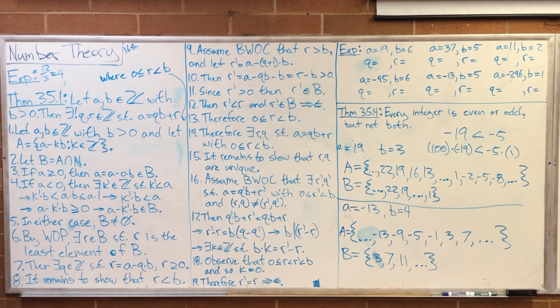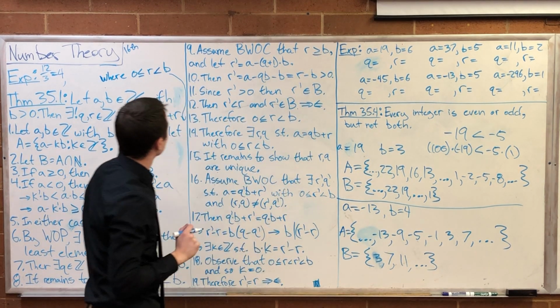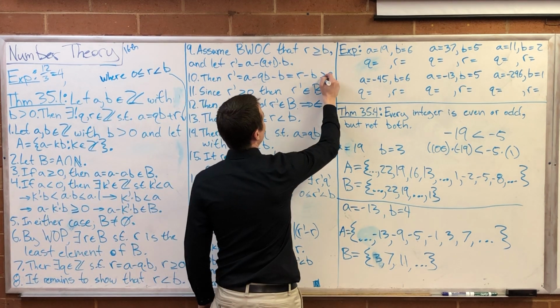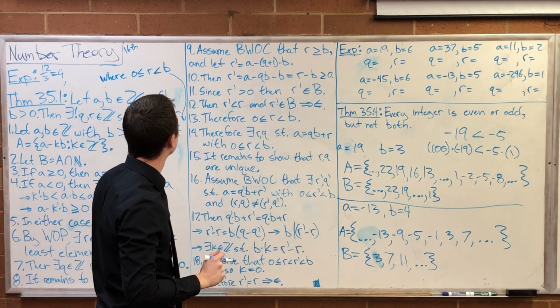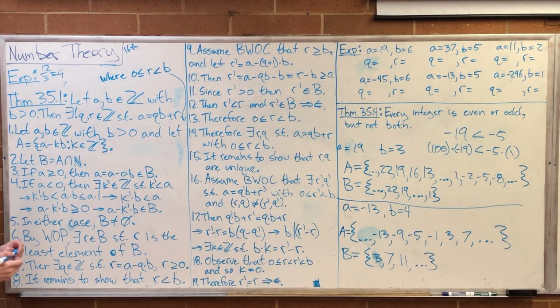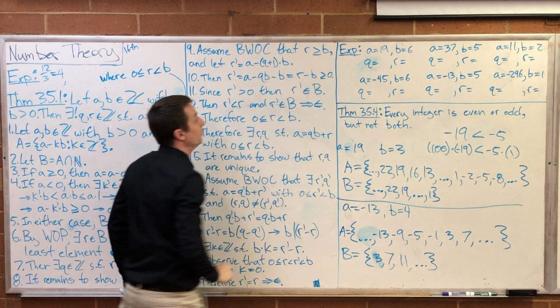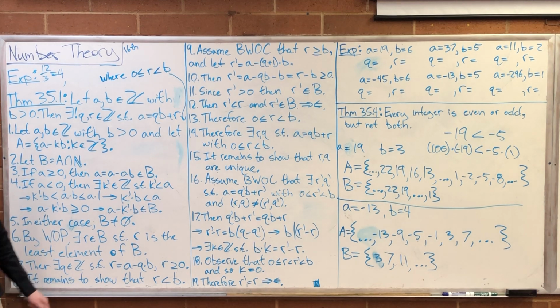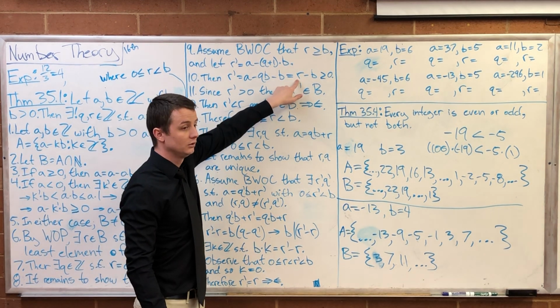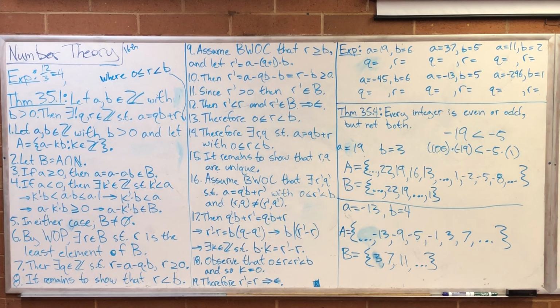Let's think for a second why. By way of contradiction, assume that R is greater than or equal to B. Then R minus B is greater than or equal to 0. That's a good point, because R prime is still a natural number, which is what we want. And it's still less than R, because it's still equal to R minus a positive number. Good catch. So there's nothing wrong with turning those into greater than or equals, and we should be good. Okay. So now